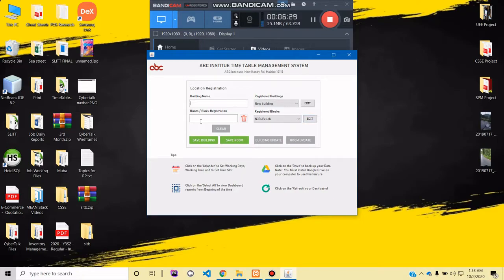Location registration. Here, you can register building names. So you can see there is A, B, C block. So let's say B block, and you say building, and then you can say there will be building. So B block is here, and you have to choose B block here, and you go here, and you can say